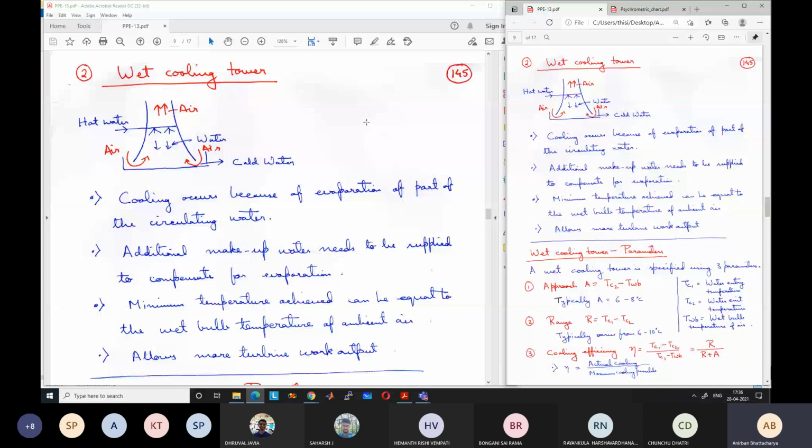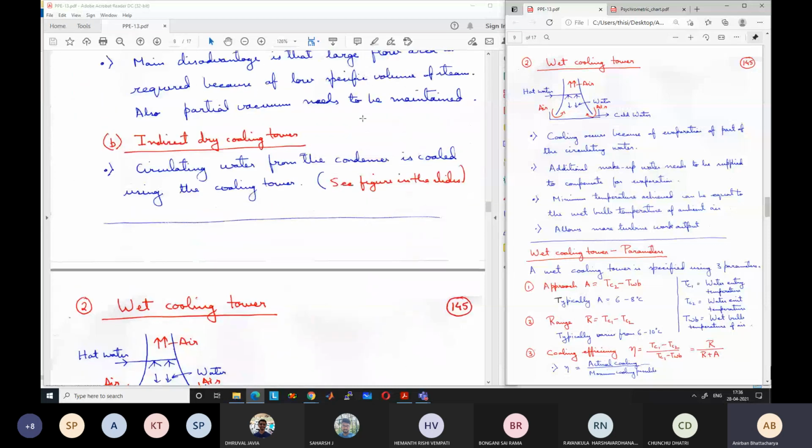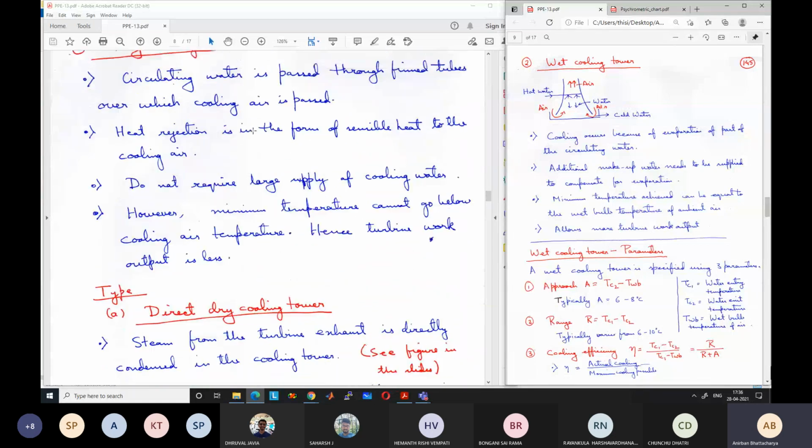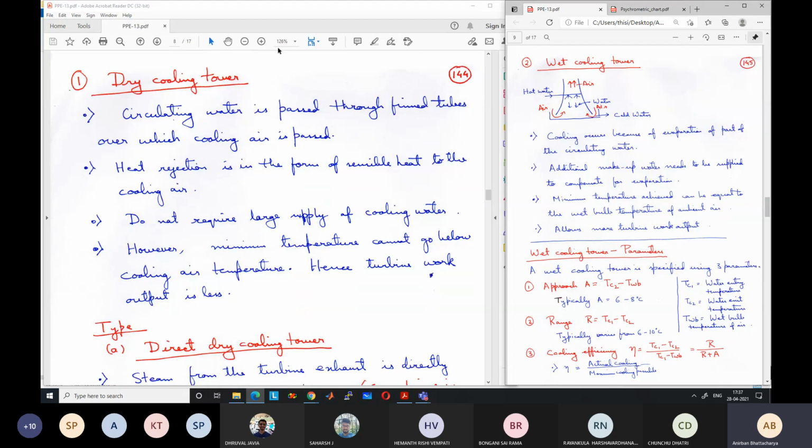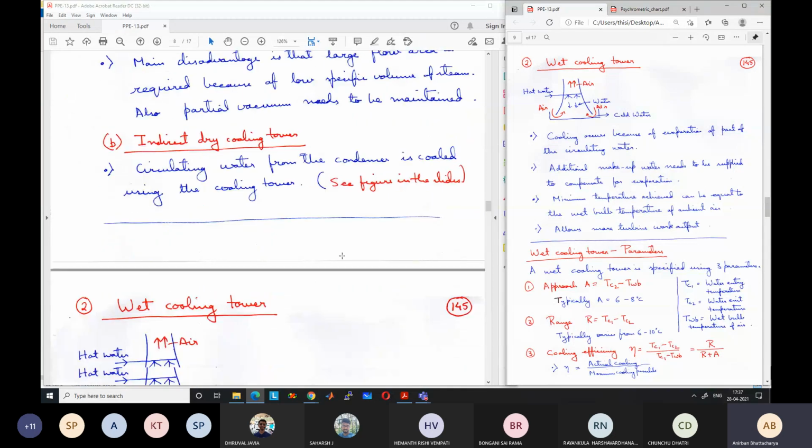Okay. So again within cooling towers we have studied about dry cooling towers, where there is no evaporation of the cooling water, so the water gets circulated through tubes, and the tubes are finned and air is passed over the tubes by forced convection, and as a result the water gets cooled. Okay. So the main drawback of these dry cooling towers we had discussed was that theoretically the minimum temperature that can be obtained is the temperature of the ambient air. In real life we cannot obtain even that, but theoretically that is the lower limit.